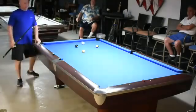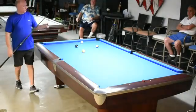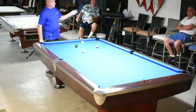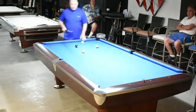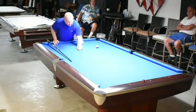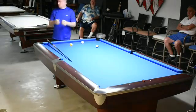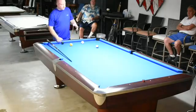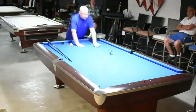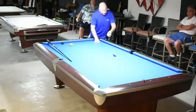First thing I want to talk about, which I think is probably the most important, is stop shot. Stop shot is basically when you hit another object ball full in the face and the cue ball is sliding at impact. So just from a pure physics standpoint,